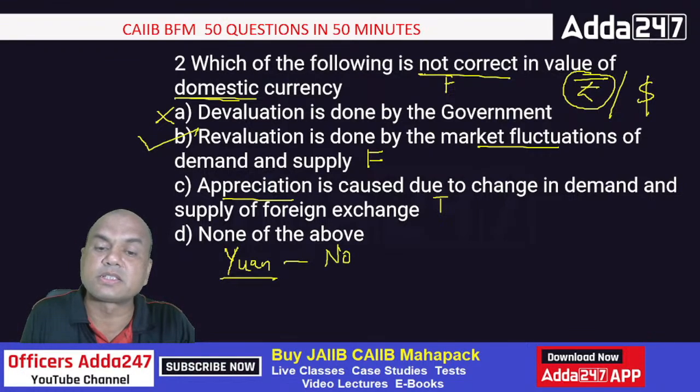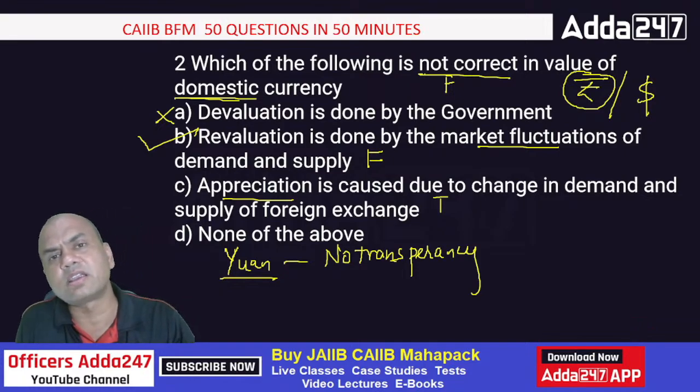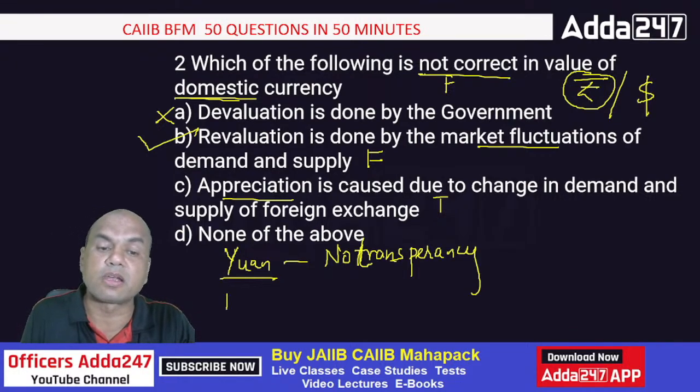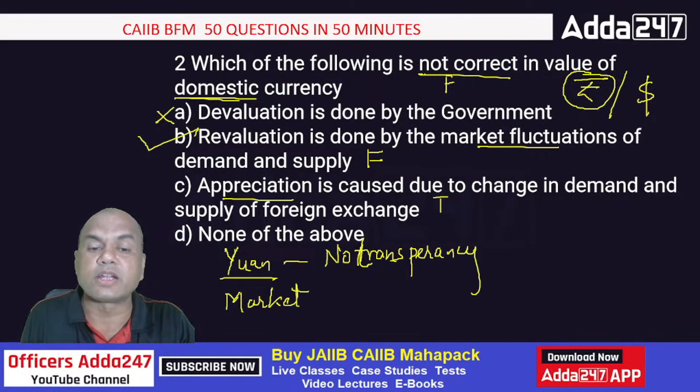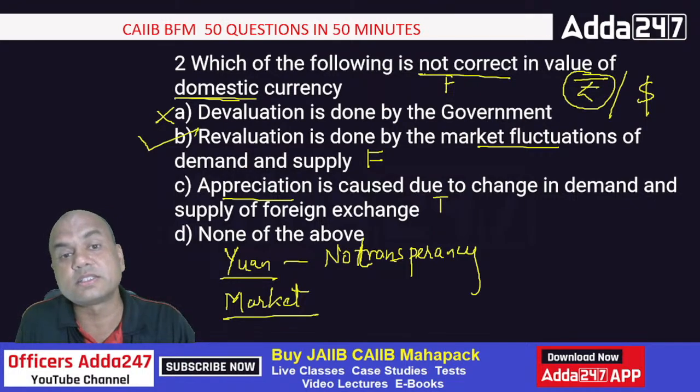No transparency. When the government directly interferes, there is no transparency. How are you fixing the rate? Nobody knows. That is very dangerous for any economy. Wherever it's market forces, market appreciation, depreciation, that is always good. And that's why all the countries want to invest in India now rather than China, because there it's a closed